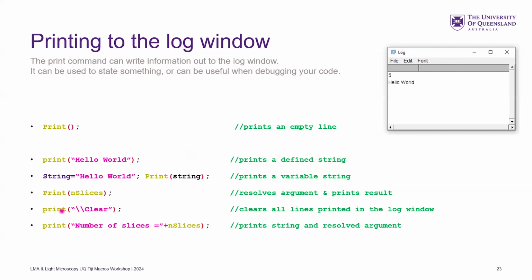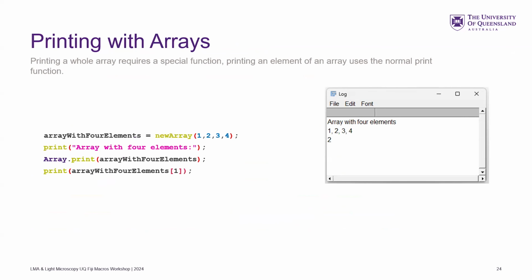There's some special cases. If you type in this /clear, then that deletes everything in the log window. So often my code is going to have that at the beginning, because I don't want all this junk every time I run. So every time you run, clean up your workspace. And you can print a string and then add on the n slices, and then it would actually print that. Some languages, you have to do all that outside, and you can only print one thing at a time. And then I mentioned it earlier, but if we print arrays, we need this special function